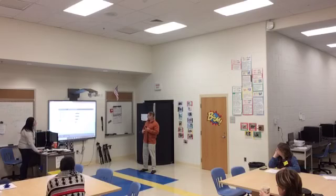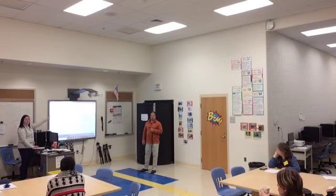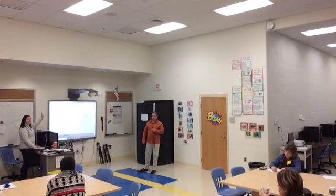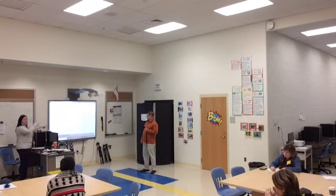Also, on an unrelated note, this is a good tool too, this AP tab. This will tell you, for the AP exams, what scores they have to get and what it'll transfer as. This could be really useful too, because some schools will accept 3s and 4s, some schools want 4s and 5s. And then it'll show you, like for bio at Towson, you would get 8 credits instead of 4